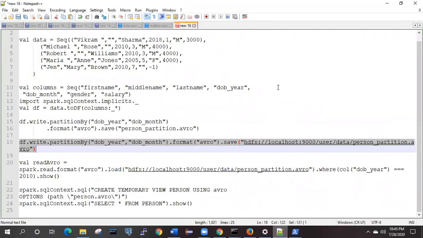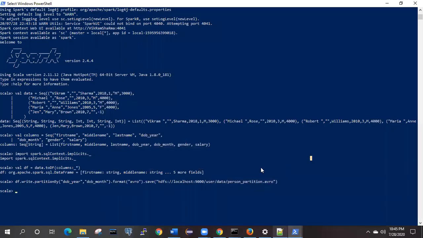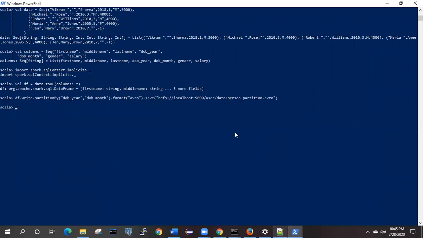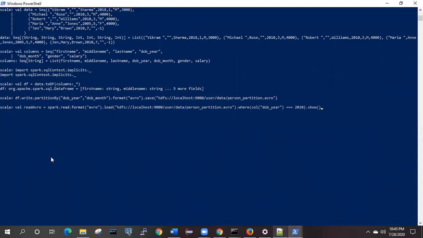So we need to cross verify things, whether we have written successfully or not, and whatever data we have written at that HDFS location, we need to read it to cross verify it. For that, this is the command. Instead of typing the commands every time, I have kept it over here.